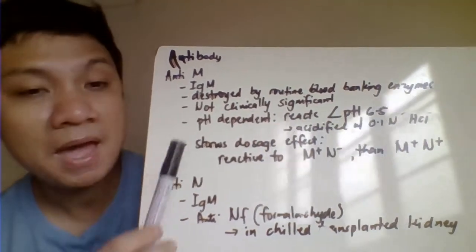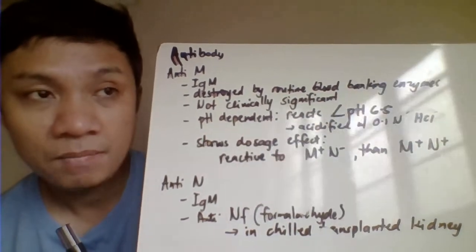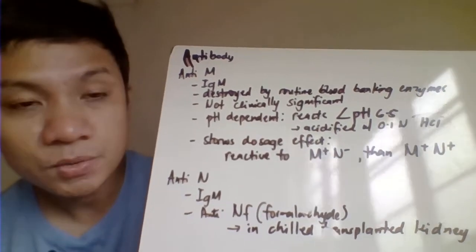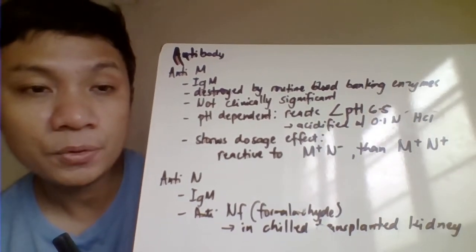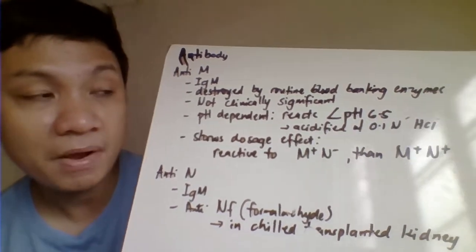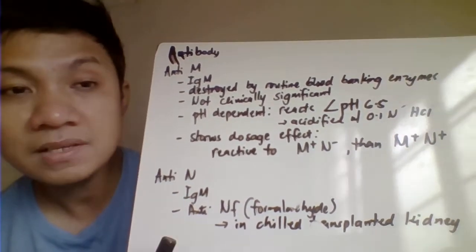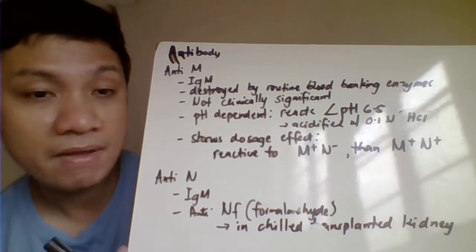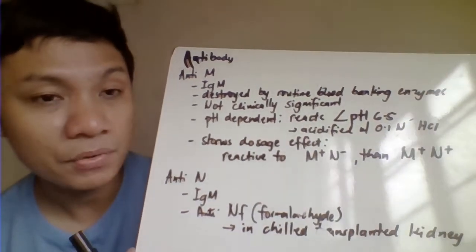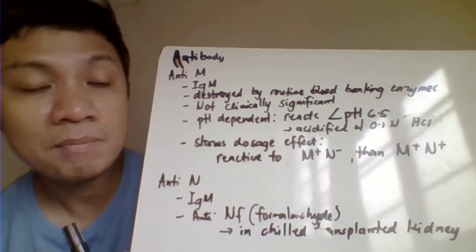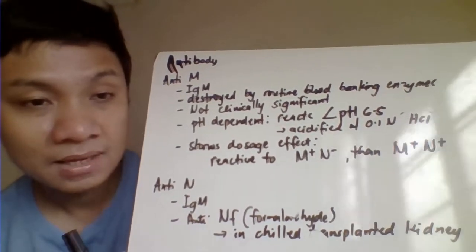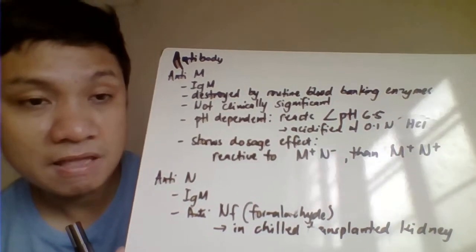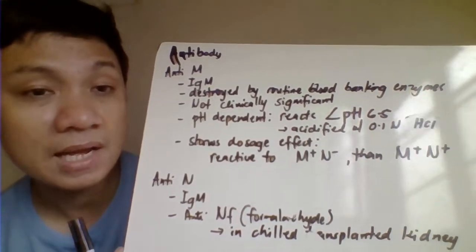Okay, so anti-M is one of those blood group antibody wherein that one is reactive at a lower pH. Usually, most of our blood group antibodies, they tend to react at a pH of 6.5 to 7.5. But in the case of your anti-M antibodies, reactive here at a lower pH, lower than 6.5. Therefore, your serum sample here for detection of your anti-M antibody should be acidified. Pag-add ka ng 0.1 N hydrochloric acid para maging reactive ang ating anti-M para ma-identify siya na ay itong sample ni